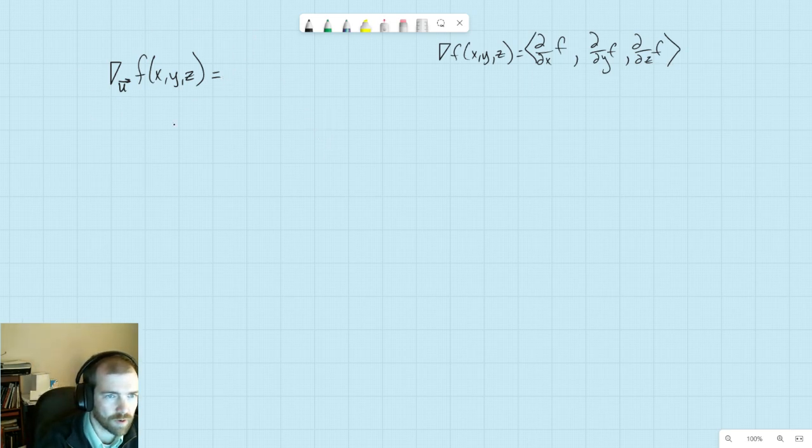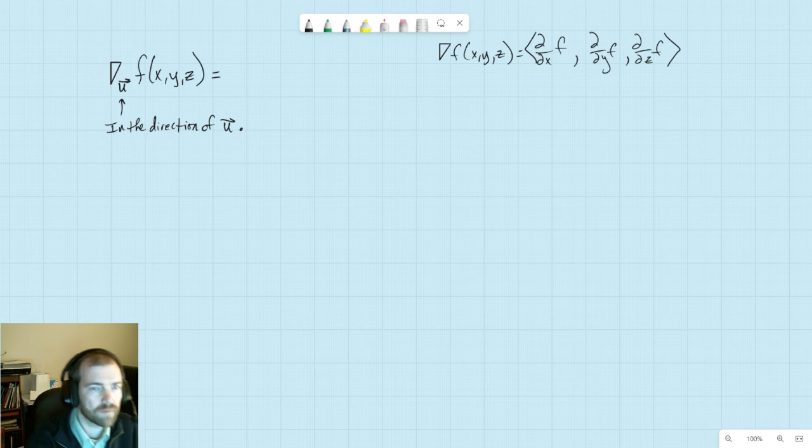All right, so what we're looking at here is saying that we want it in a particular direction. So instead of choosing the gradient direction,